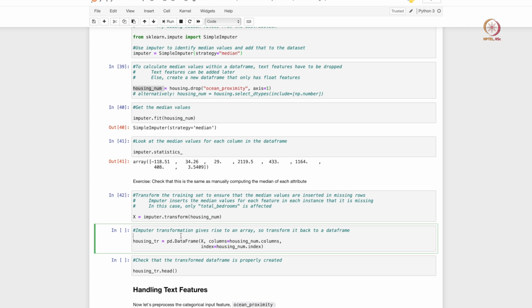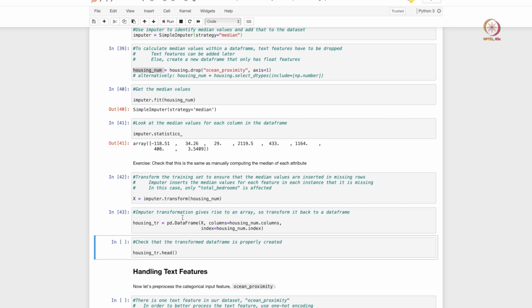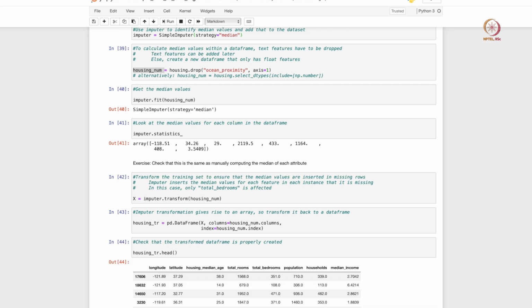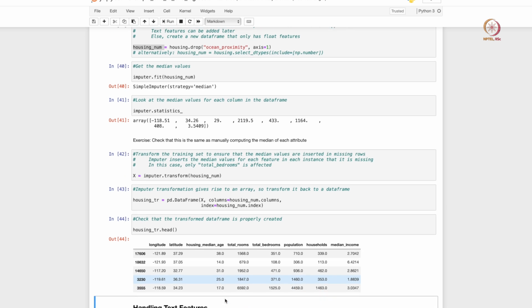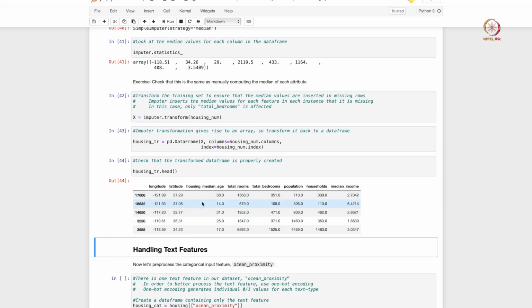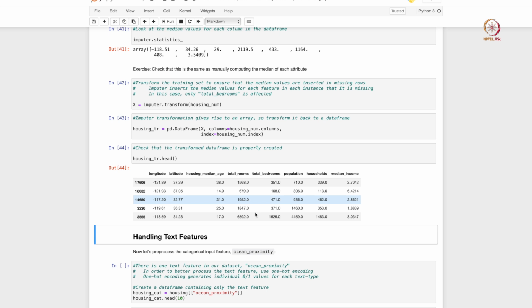So that is what the transform function does, right. And once you have the transform function, the imputer.transform function only gives you an array, so it does not give you back the data frame object. So we take that value and create the data frame again, so that we can go ahead with other operations. We create the data frame again in this cell, and then just to check that the data frame looks fine, we look at the first 5 rows of the data frame.